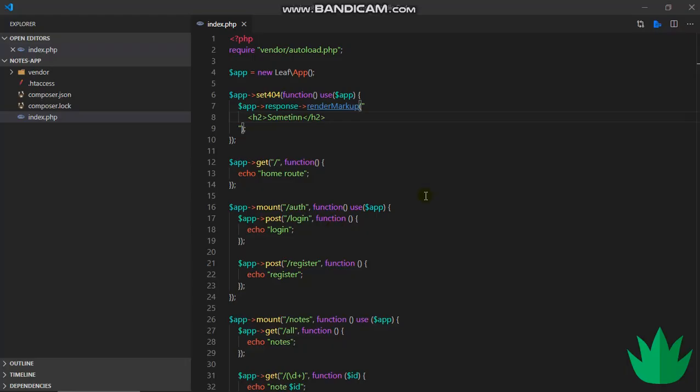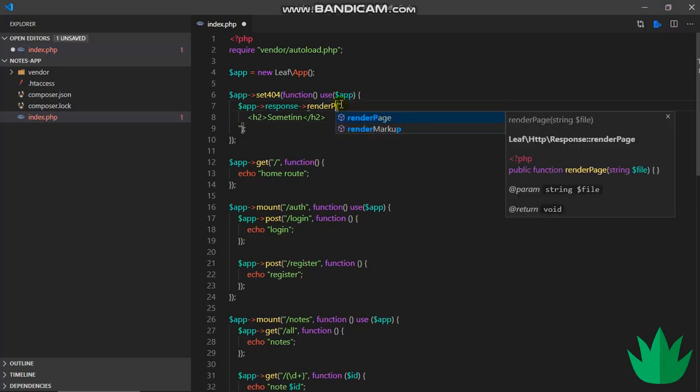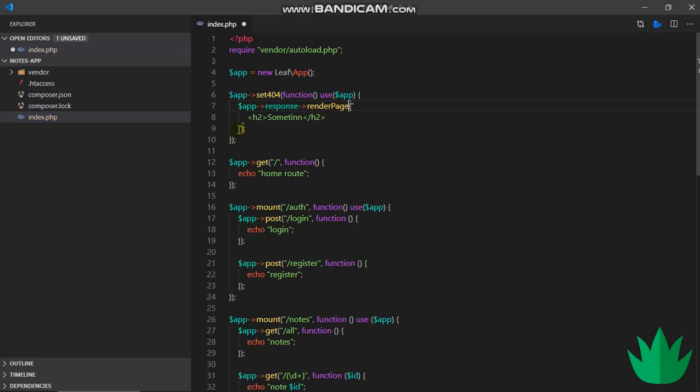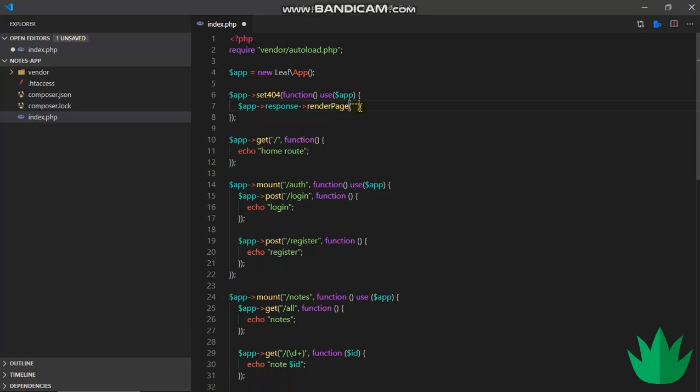All right. And then there's the last one, which is render page. Render page echoes out something from a page. So we can have something like, let's say we had an